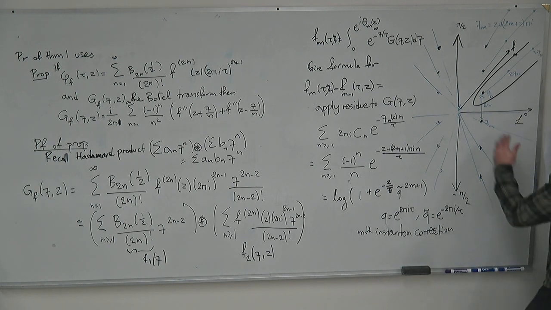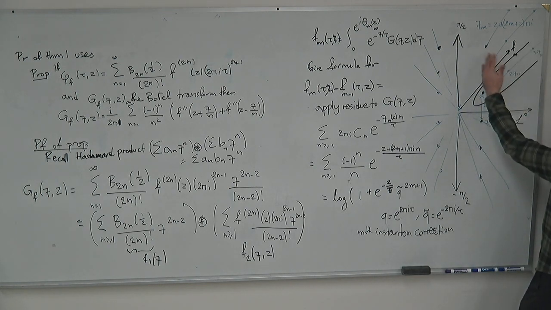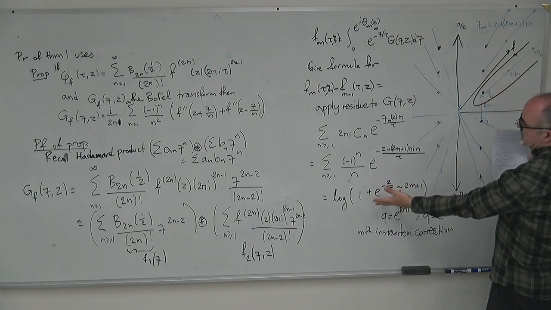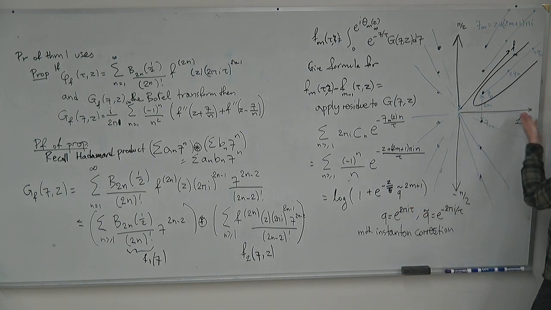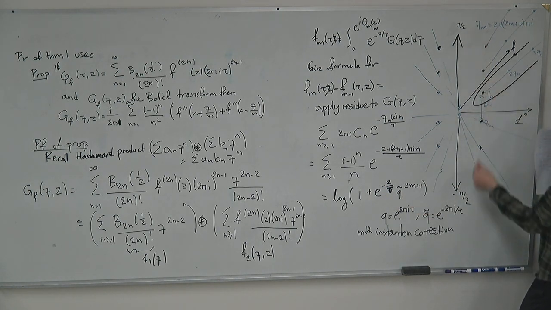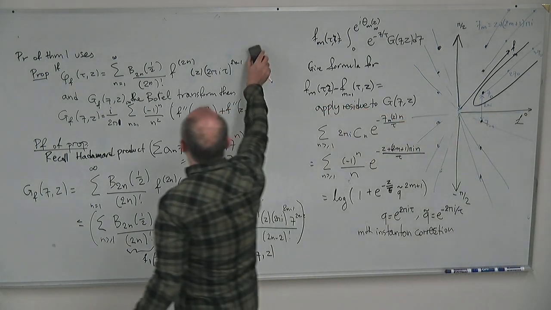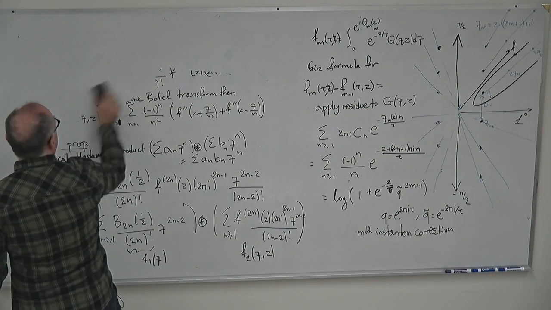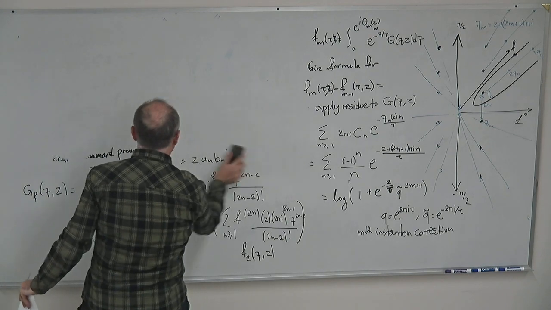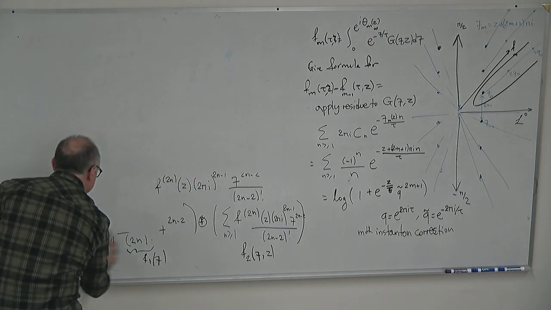So you have infinitely many rays. Every time you jump in a ray, you pick up an instanton correction. So the formula here minus the formula there should be the sum of all instantons. And what will the sum of all instantons be? Well, if my signs were correct,